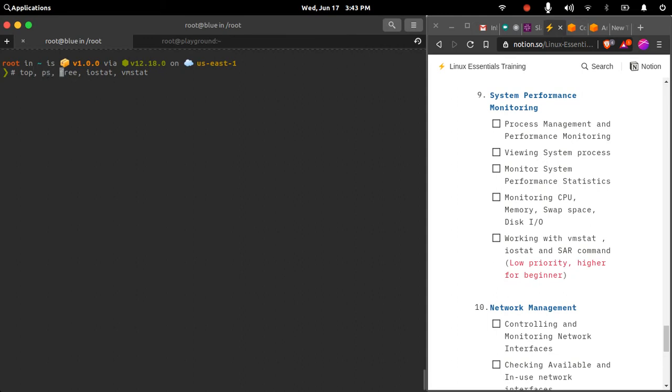For the memory you can use the free command. iostat can be used by default to check your CPU and disk, like your hard disk performance, and vmstat is used for investigating the memory performance. The virtual memory statistics are recorded by the vmstat command.